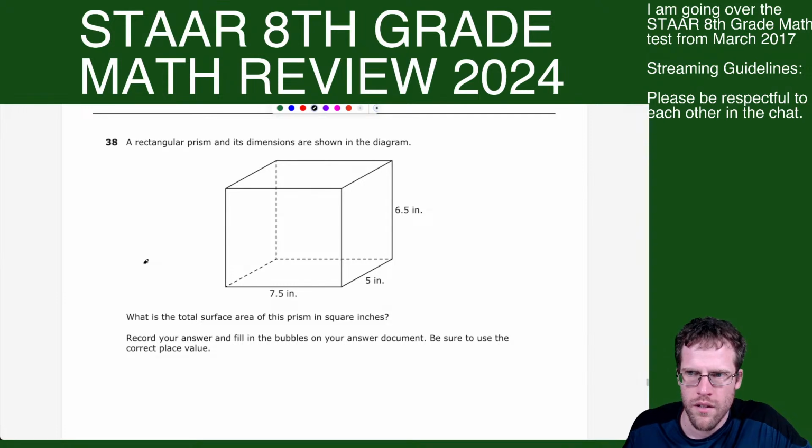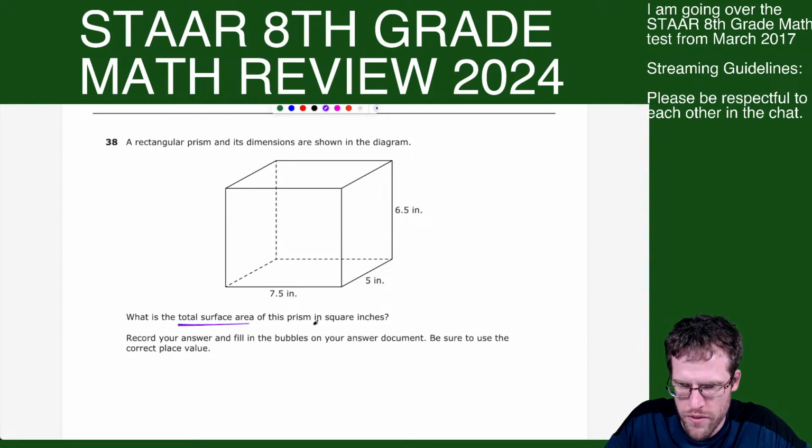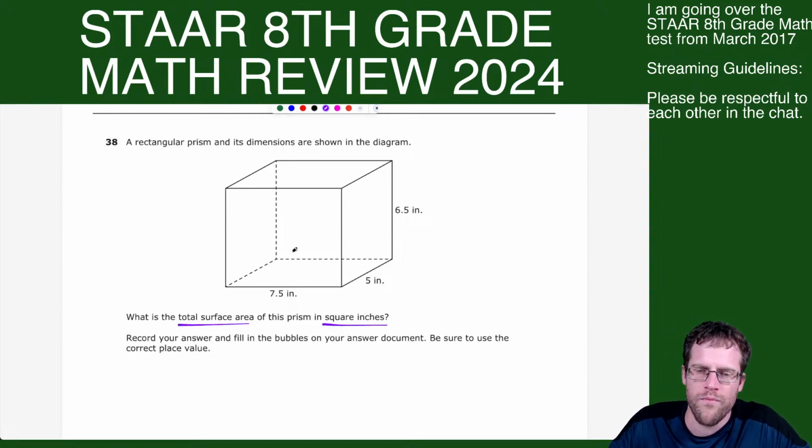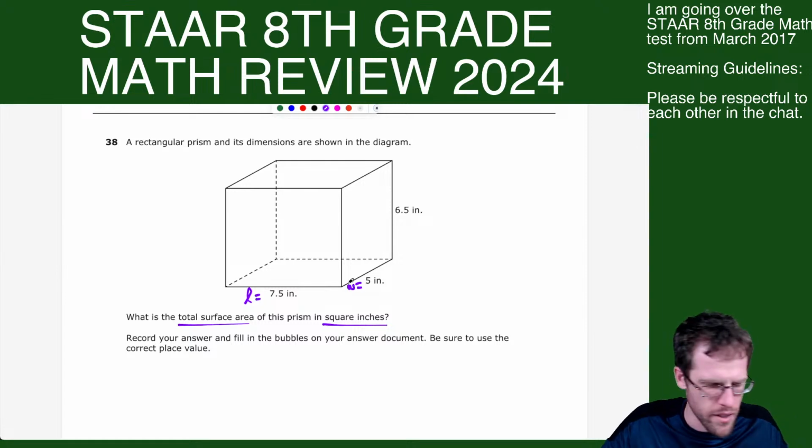All right, so moving on. Number 39. We're almost there. We have 5 more questions, including this one. So we have a rectangular prism. Here are the dimensions, and we want to know the total surface area of this prism in square inches. You can just use the formula for surface area of a rectangular prism. Let's think of this as the length, the width,